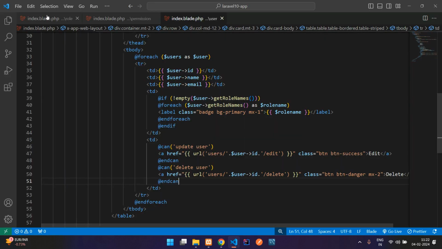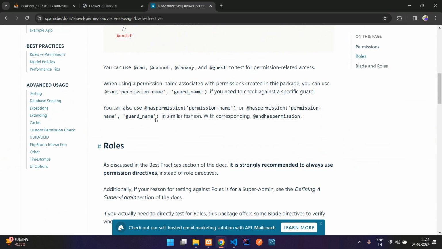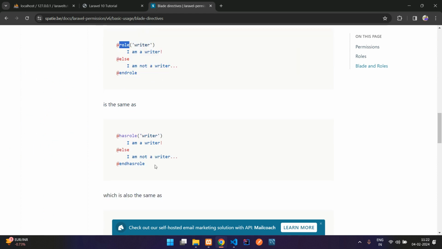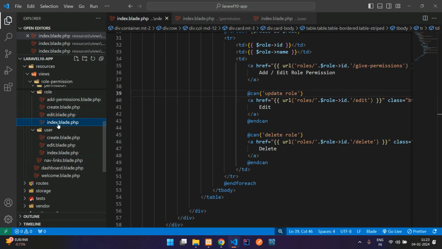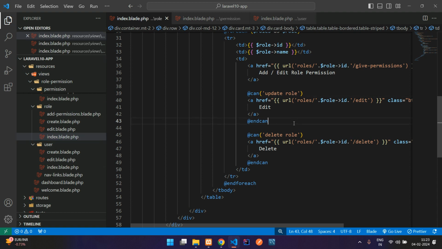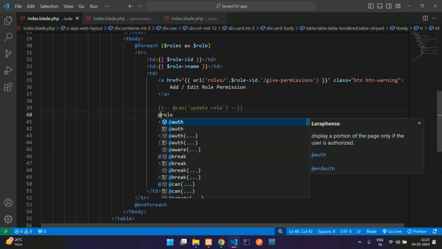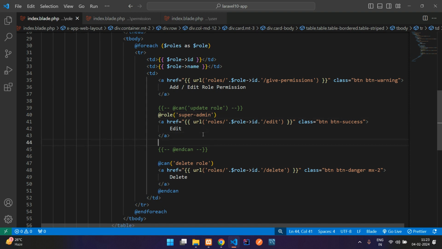Okay, and guys, I just want to teach you one more thing about the role, what we are seeing in this documentation. Let me just show you. So this is the roles, blade and roles. So you can use this role part also. Yep, let's get back to the, so this is my role index blade. Okay, role index blade, and instead of this @can and @endcan, I want to use @role. Okay, so add the @role function, and inside this you can mention super-admin, and now @endrole. So yep,